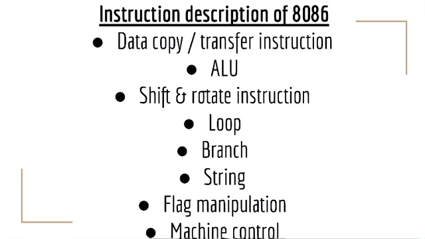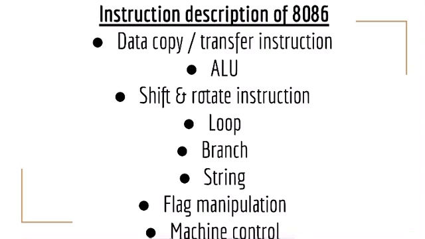Unconditional branch instruction means the unconditional control transfer instructions, where the execution control is transferred to the specific location independent of any status or condition. When a conditional branch instruction is executed, execution control is transferred to the address specified relative to the particular instruction. Next we have the string instruction, which means a series of data bytes or words available in memory at consecutive locations, referred to as a byte string or a word string.